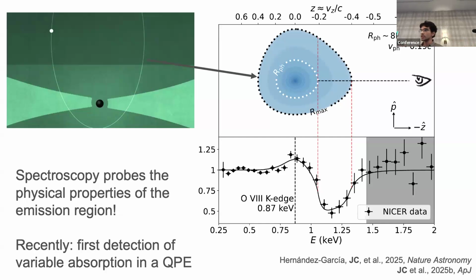Homologous expansion here just means approximately self-similar, quasi-spherical expansion, an approximation used commonly in the stellar winds and supernova literature. And a ubiquitous phenomenon observed in the spectra of stellar winds and supernovae is P Cygni profiles with blue-shifted absorption and red-shifted emission. So we recently took advantage of the discovery of an extremely bright long-duration QPE with exquisite signal to noise to find this first evidence for evolving P Cygni profiles in a QPE.